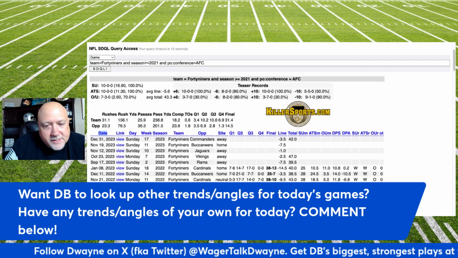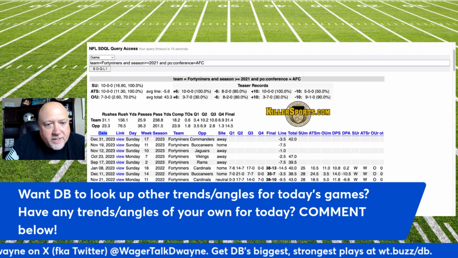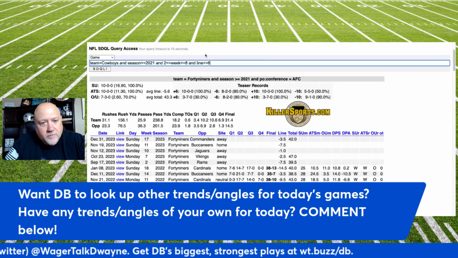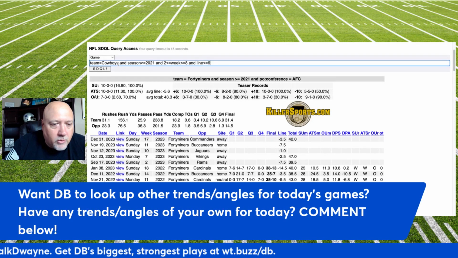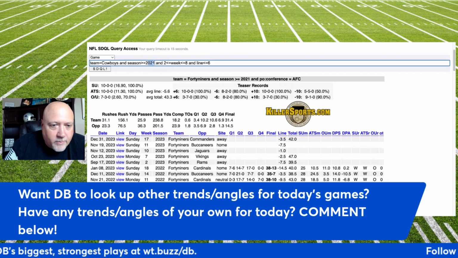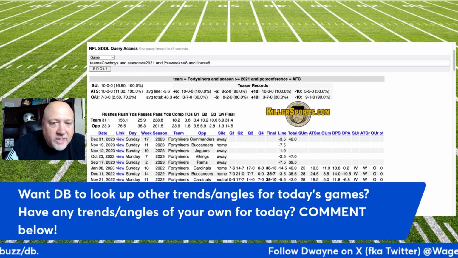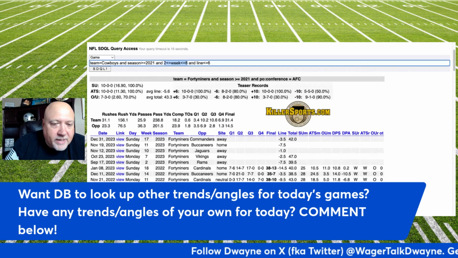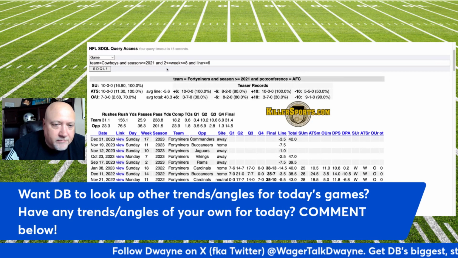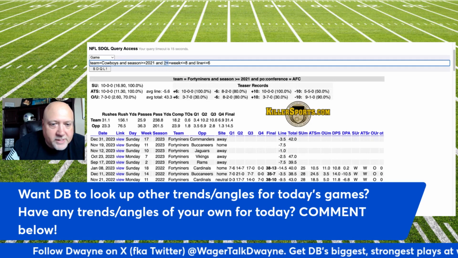And guys, for NFL trend number 2, we're going to look at the Dallas Cowboys. We're going to again go back 2 seasons, include the 2021 season. We're just going to look at weeks 2 through 8. So basically the first half of the season, but not counting the opening week. So weeks 2 through 8,